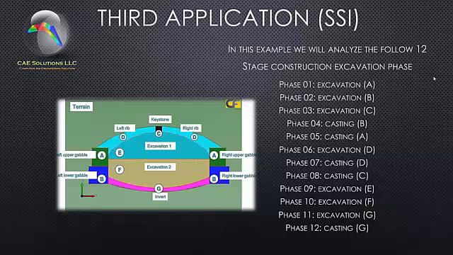For example, we will analyze the following 12-stage construction excavation phases. We'll mention 1, 2, 3, and then 12. Phase 1 is excavation level A,